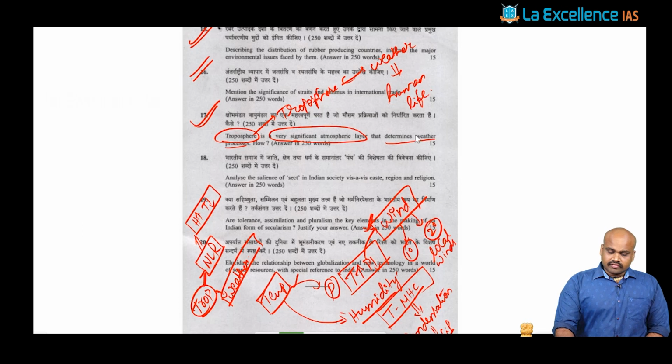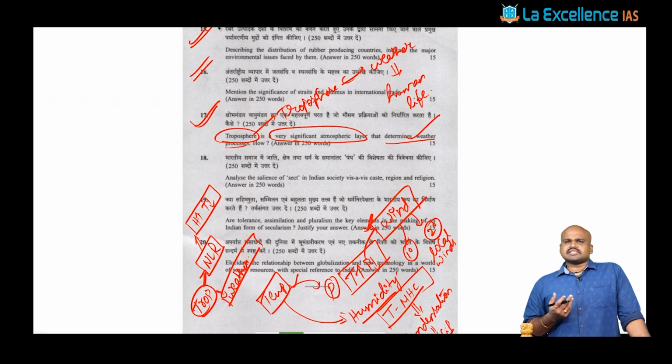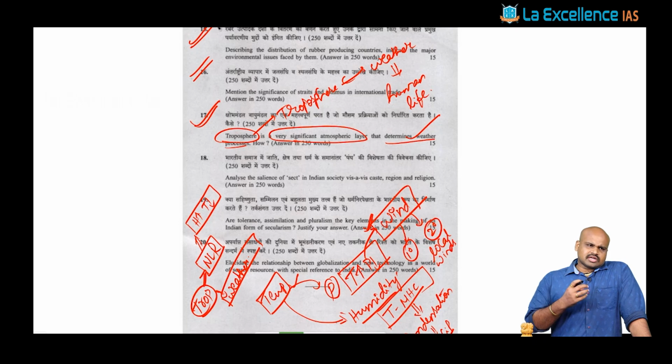It is asking about weather processes, which might be the wind system, the condensation process, the cloudiness, or the cloudlessness generally seen in the subtropical region, or the extent of precipitation or humidity seen. Any weather condition, in the simplest understanding, has characteristics which are localized and regional in nature, whereas climate is more permanent and spread over a larger region. That is the fundamental difference between weather and climate, and that also has to be portrayed in this question.